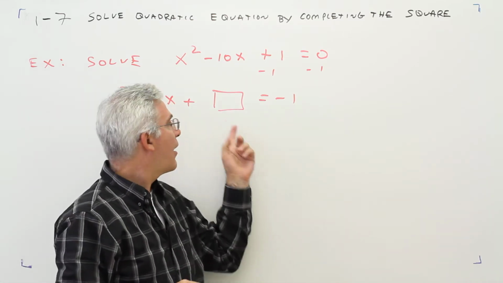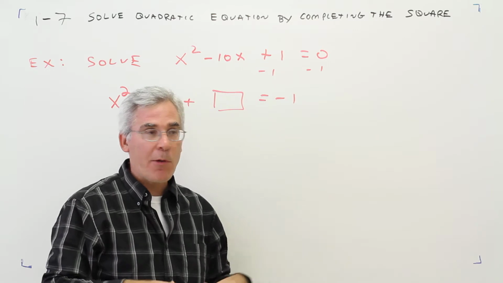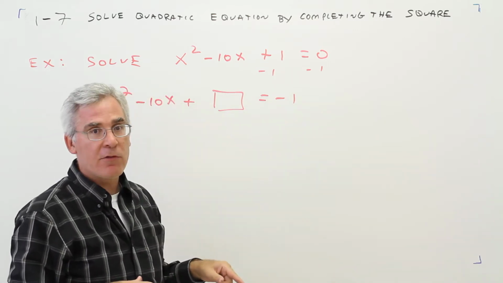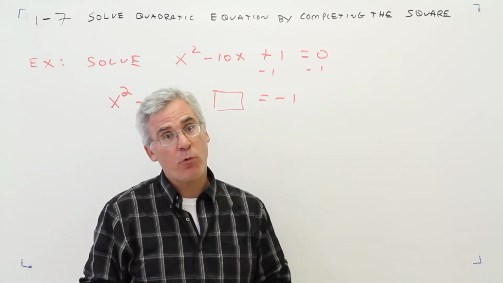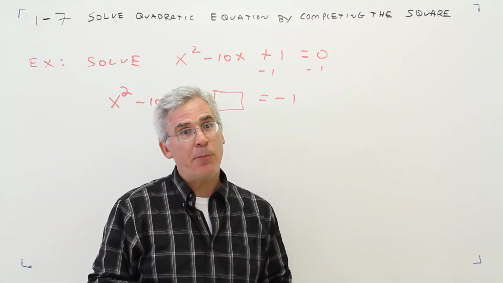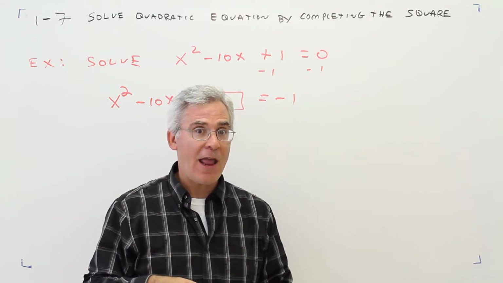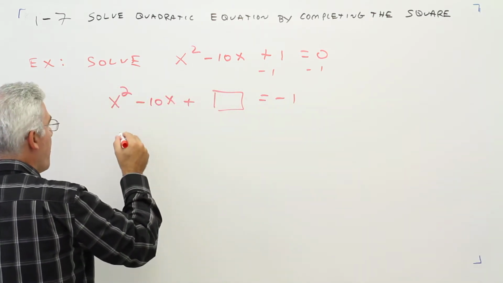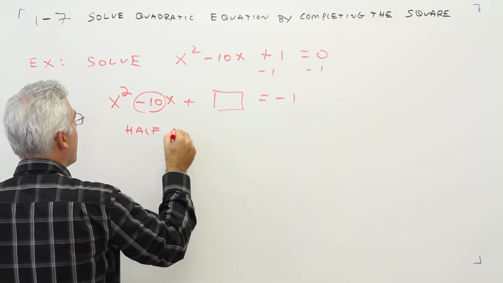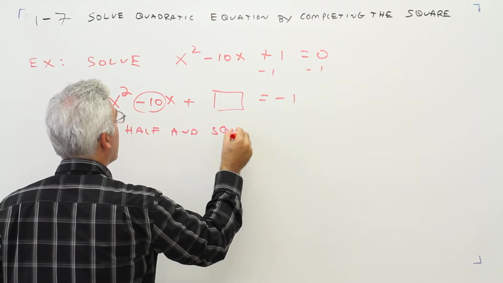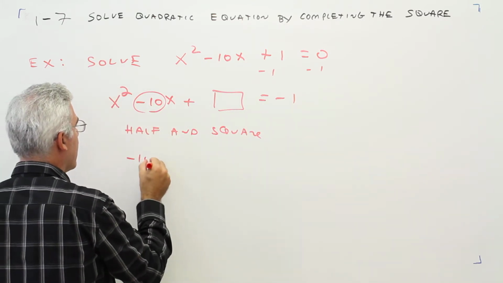And then I call that a magic box. There's nothing magical about it. What I want to do now is fill that box with the correct number that will give me a perfect square trinomial. And the correct number is found by saying the phrase half and square. It's so important, I'm going to write it down. Half and square. So half of that,